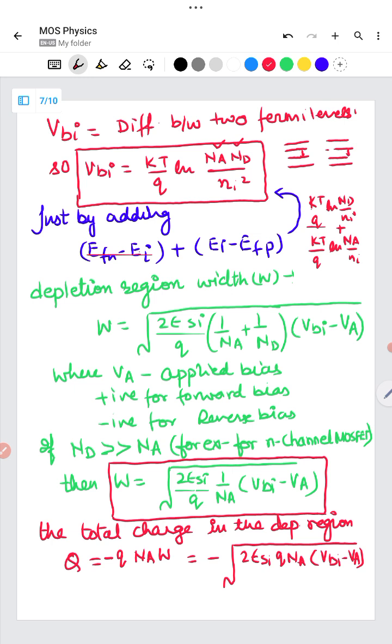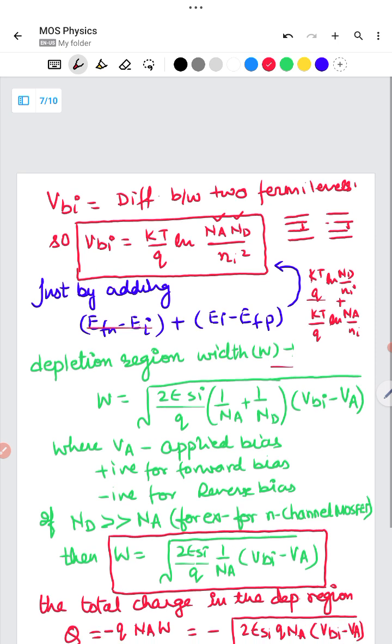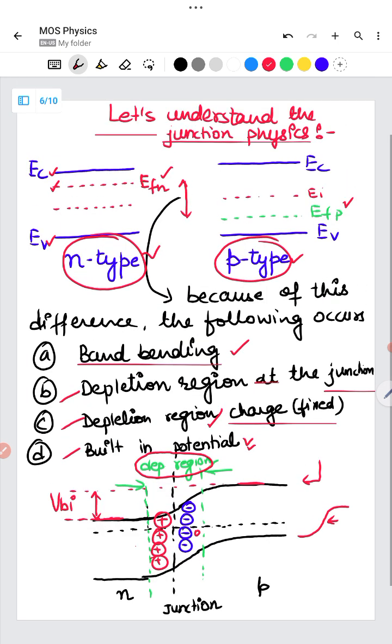Now what will be the depletion region width? This is also a very important concept which we will be using somewhere in MOS physics also. What will be the depletion region width? Let me go back to that slide and let's understand. This width, I'm talking about this width. This is the width. This width is always equal to